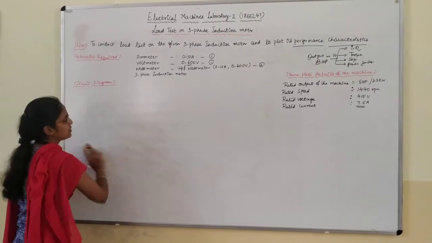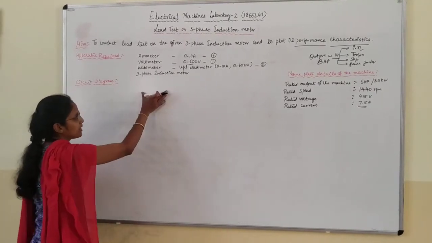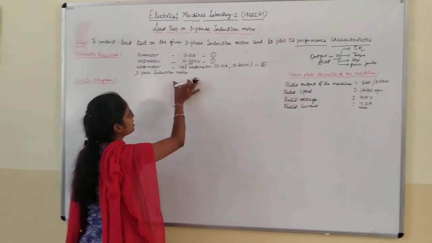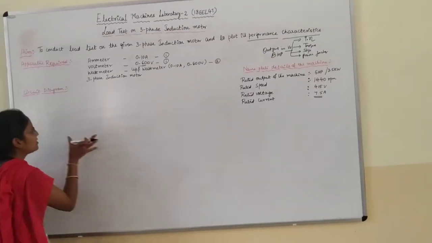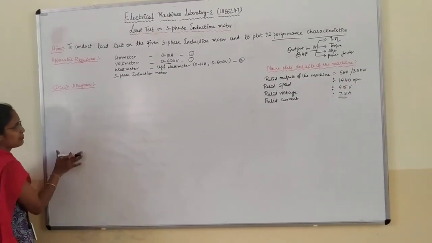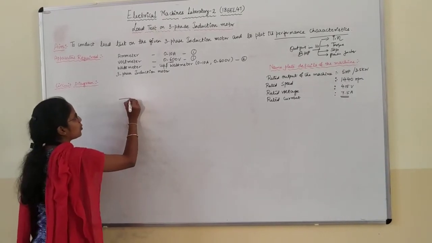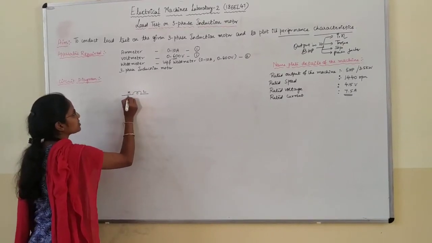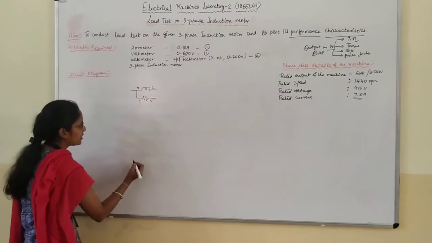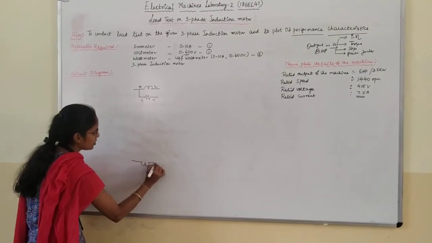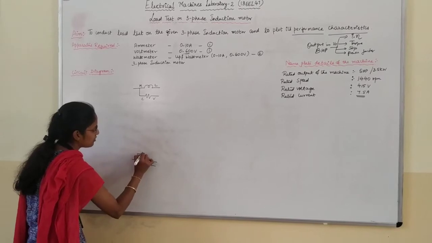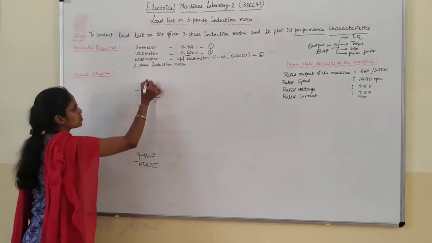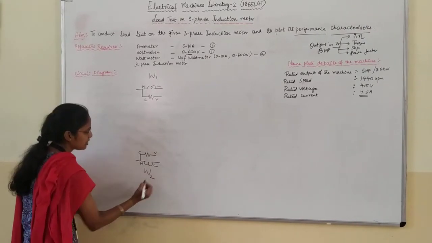The first section is the wattmeter section, so we are going to write down the wattmeter connections here. Another part will be the 3-phase induction motor, and the first part will be the supply. So let us first draw the wattmeter. As we are going to use 2 wattmeters, you can remember the 2 wattmeter connections as we have done in the previous semesters. The wattmeter consists of 4 terminals, that is M, L, C, V. This will be W1 and this will be W2.